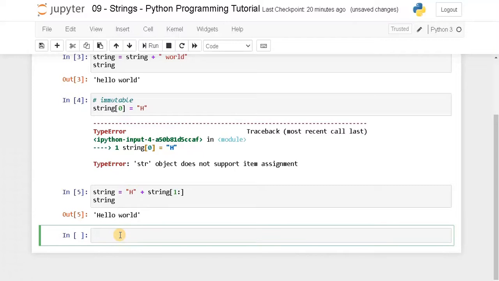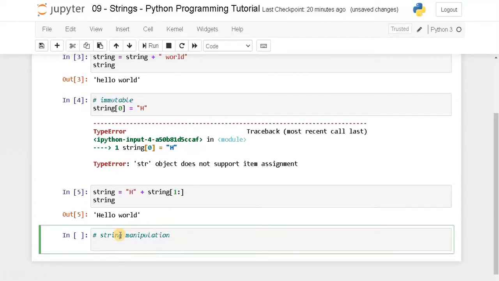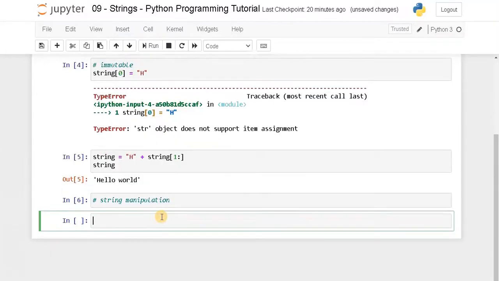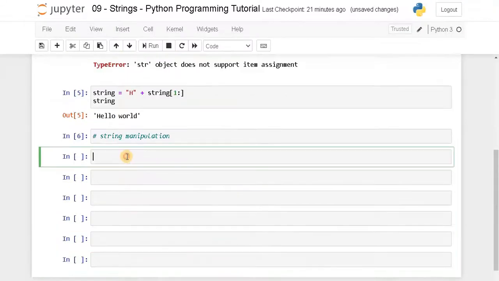Let's see some of the string manipulations now. So let's leave some space here. Now if you want to print a value with some other predefined string, you can use this syntax. Let's initialize a variable equals hacker.